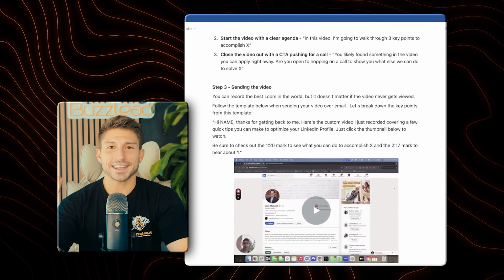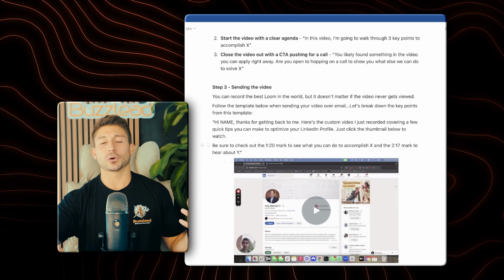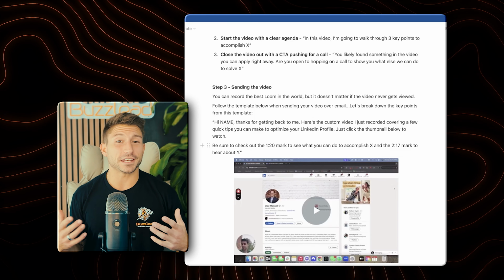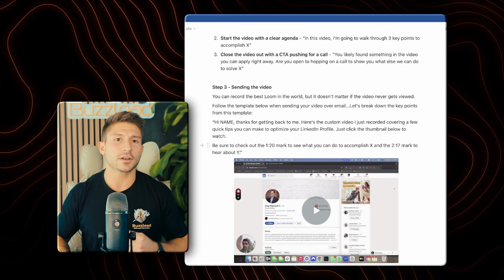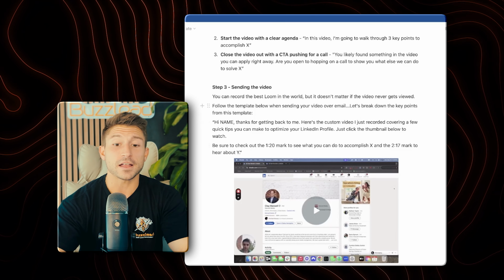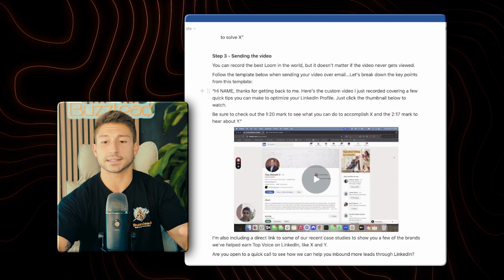Step 3, sending the actual video. And this part is crucial. So you could record the best video in the world, but it doesn't matter if the video never actually gets viewed. So what can we do to get more people to open the video and take action on that video? Follow the template below when sending your email over, and I'm going to break down the key points from this